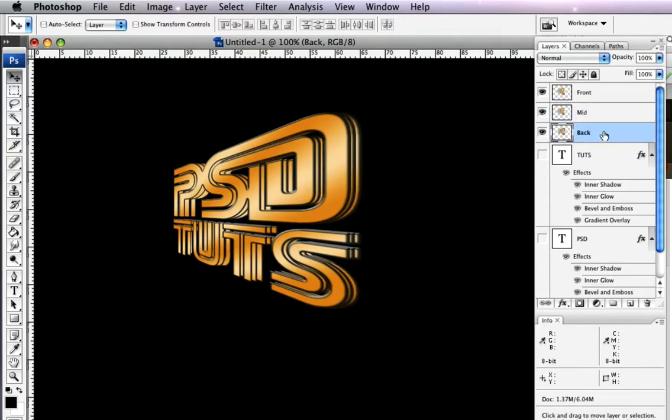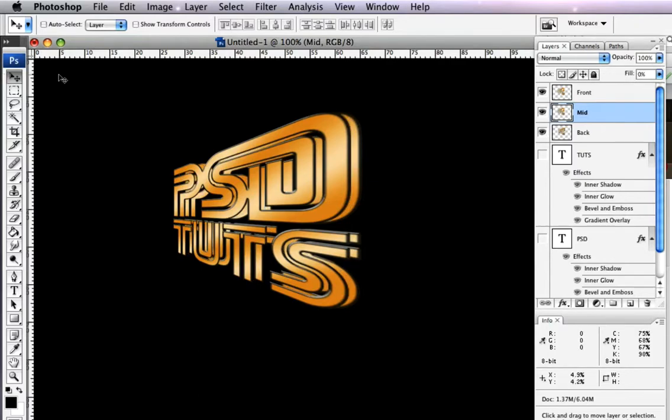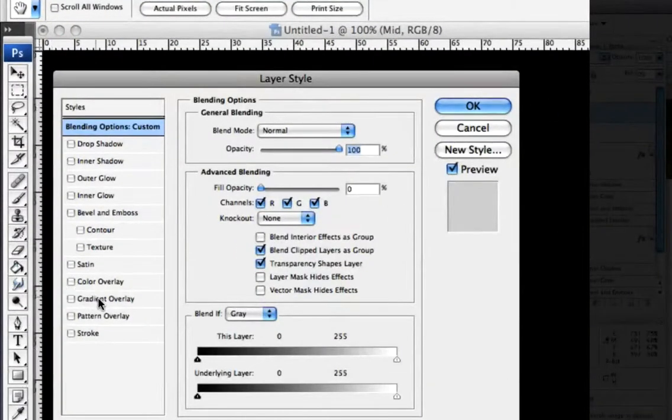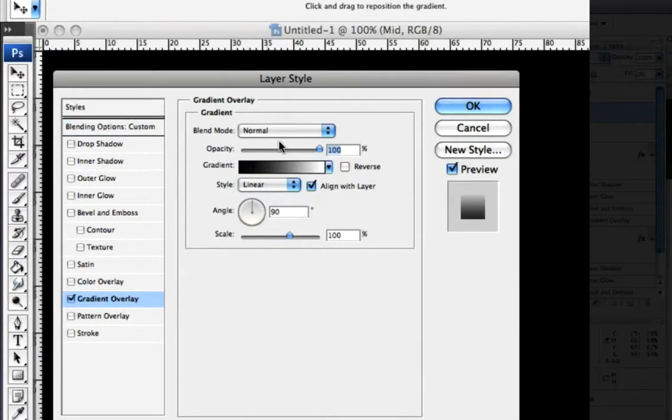Okay, so once you've nudged them, the next thing we need to do is set our fill to be 0 on our middle layer. So select the middle layer. Up here underneath opacity you've got fill, and we're just going to set that to be 0. Then what we're going to do is add a layer style to that layer. So double click on the middle layer, click on gradient overlay, make sure it's set to normal 100, and we're going to change the colour